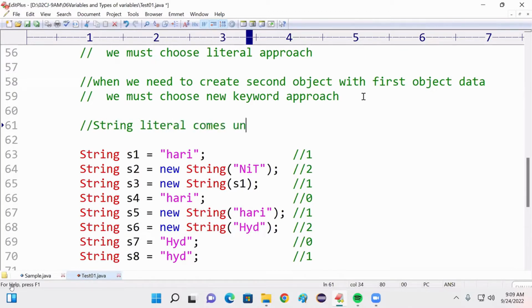String literal comes under pooling. What is meant by literal? Literal means a value, a constant. This is a constant; it is a literal. String literal comes under pooling. What is the meaning of it? It means